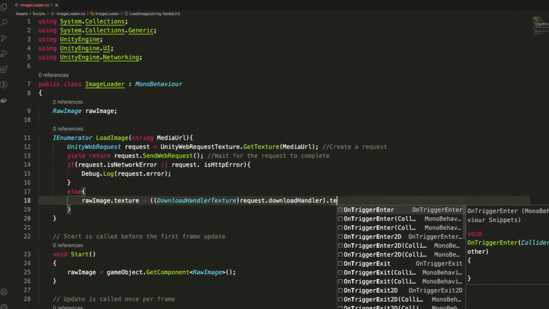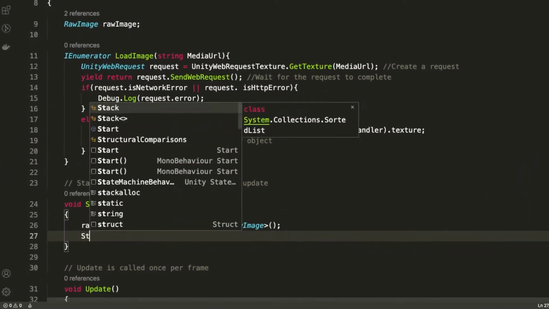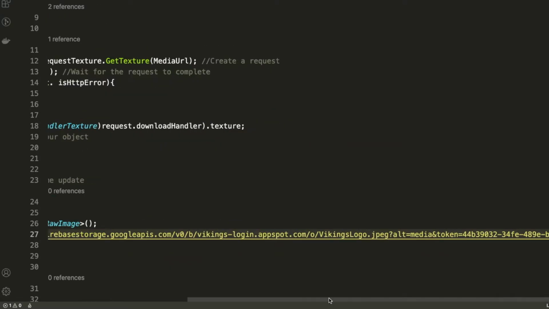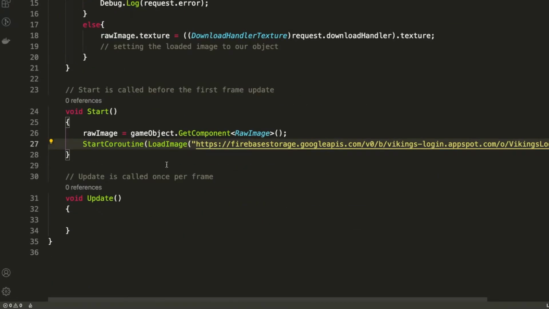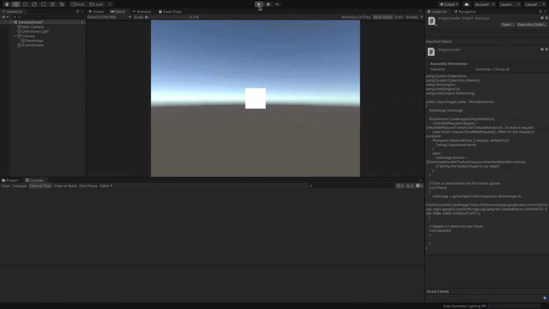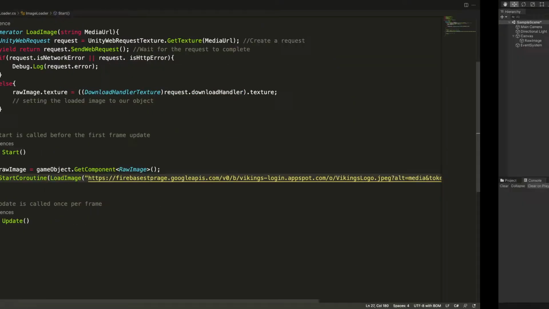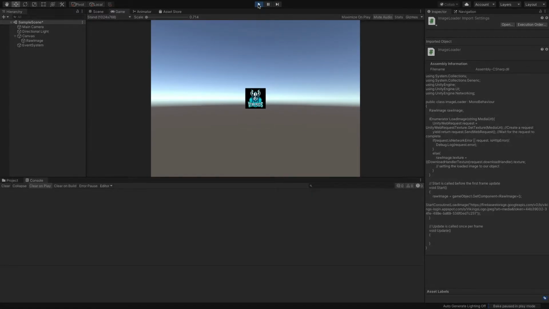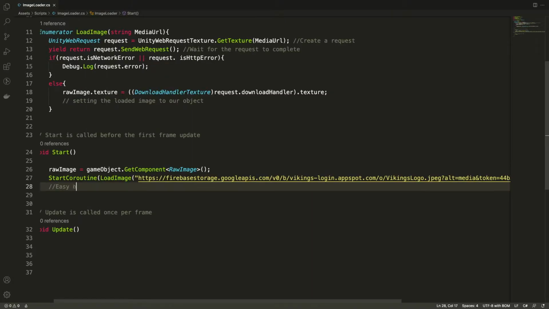Now let's test if our coroutine works. We can test it quickly by going to the storage bucket and directly copying the link of the image we had uploaded earlier. In the start method, we directly start the coroutine with the link provided. Let's run this in the editor. And it works. In general, this is suitable for static files whose links are not going to be changed and can be accessed without any authentication. Although this method would not work if you have dynamic content stored in the bucket and you want only authenticated users to access the files.